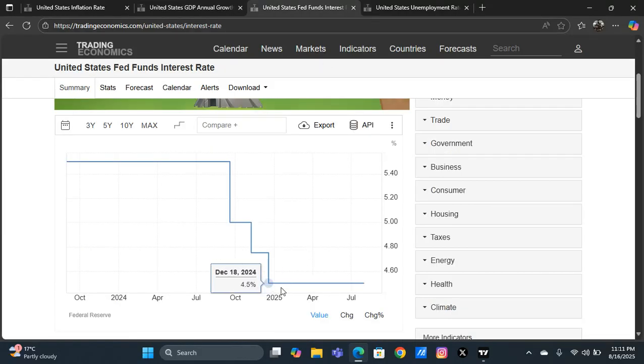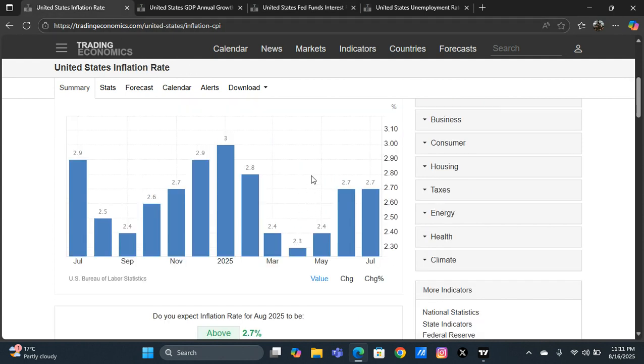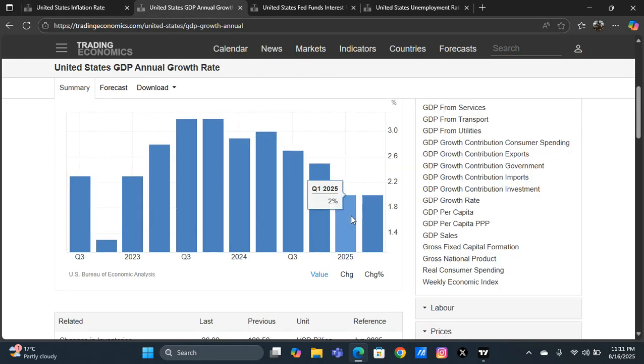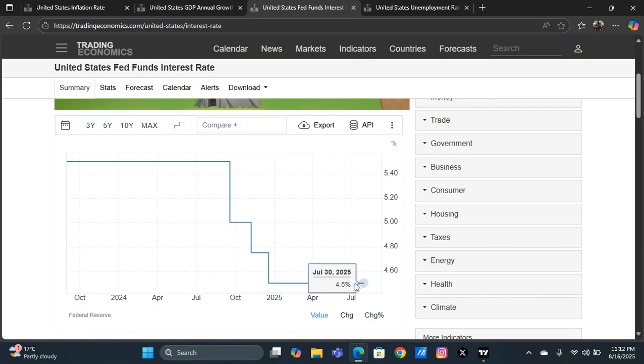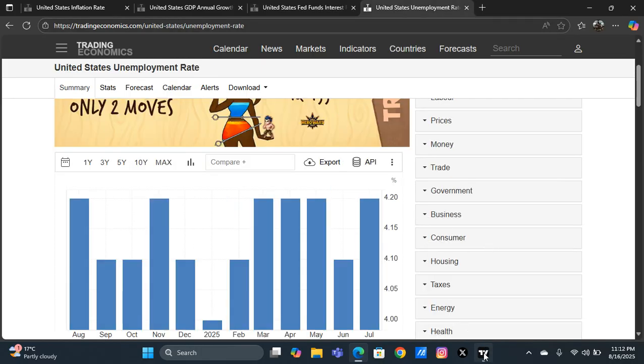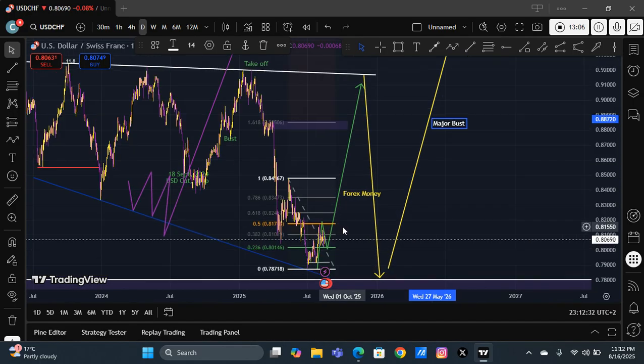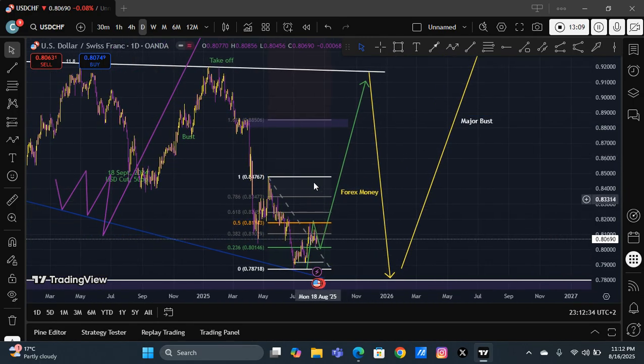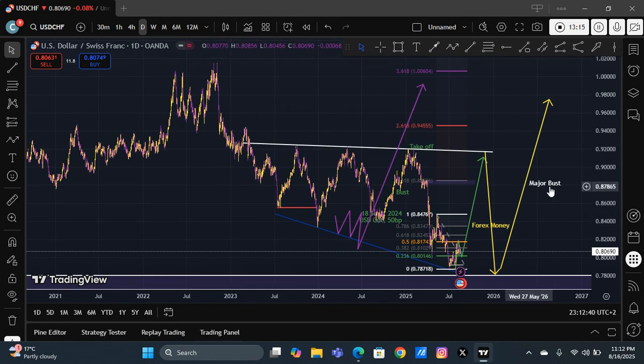So if we don't get that recovery, if we get a bit lower in inflation, if this inflation goes down to 2.4% or below 2.4%, the Federal Reserve might be forced to actually introduce an interest rate cut from 4.5%, which is something that I'm not looking forward to. My intentions were that if we don't get any interest rate cuts, this economic projection that I have of a major bust,